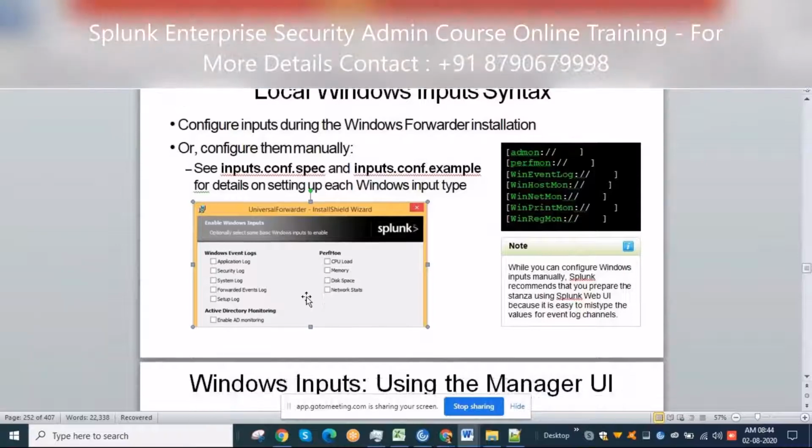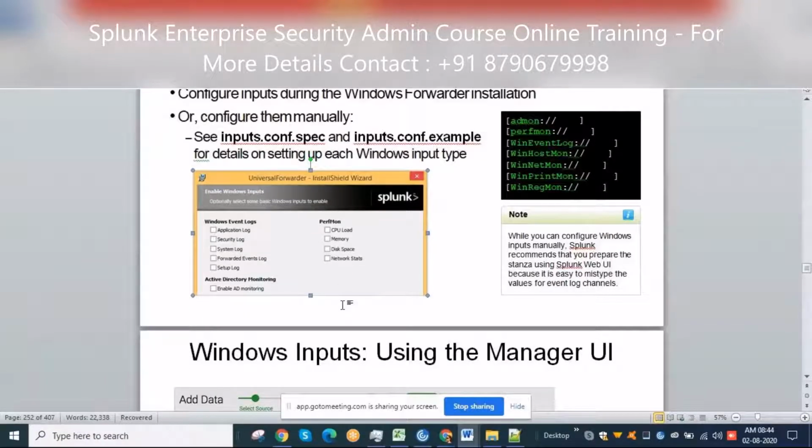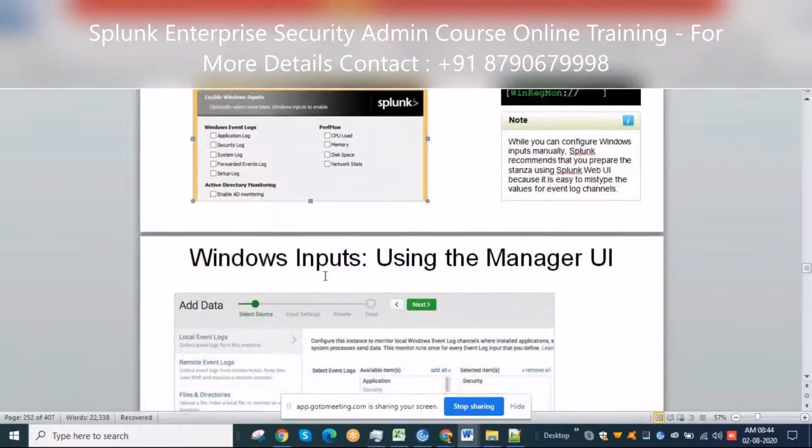With some dialog box or with some check boxes, you can choose what all the logs you want while installing the Windows Server itself. So you can tick on this and you can get them installed on Splunk. While you can configure Windows inputs manually, Splunk recommends that you prepare the stanza using